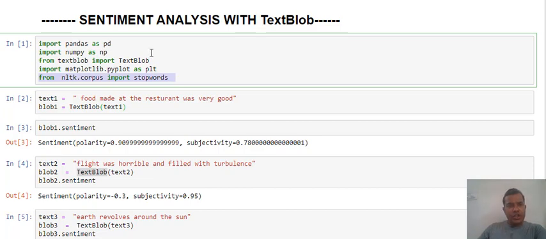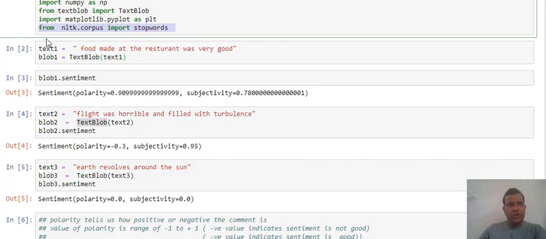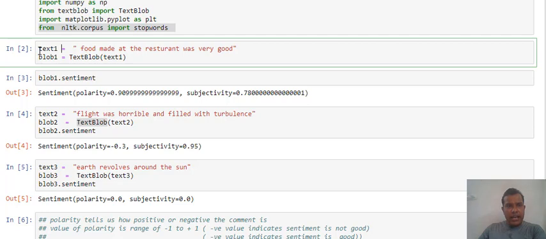Now it's very simple to do sentiment analysis using TextBlob. At line number 2, I'm writing one sentence: the food made at the restaurant was very good. Just by reading this sentence, I can get to know that this is a positive sentiment. Then I'm saying TextBlob, which is a function I have already imported at line number 1.